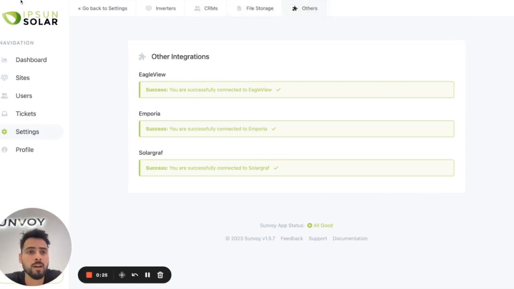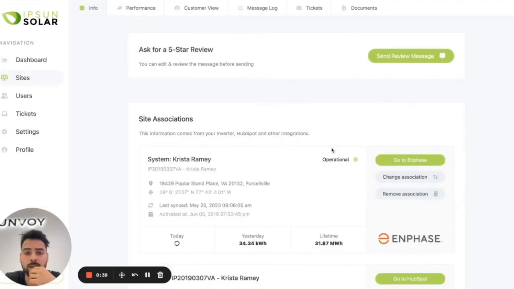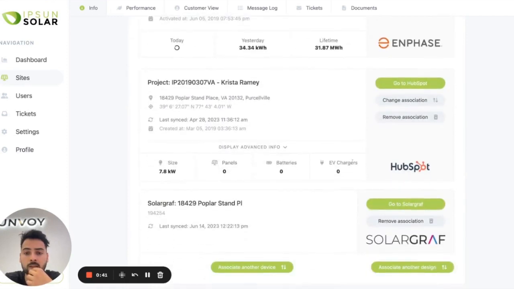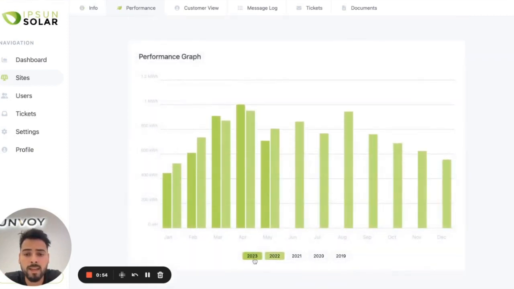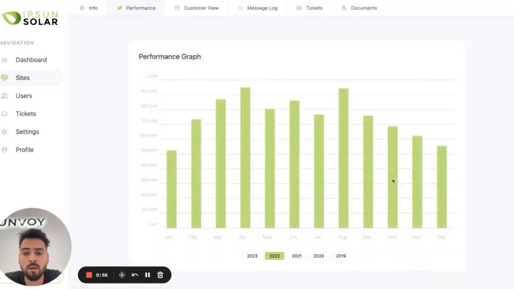projects. And if I go to a particular project, actually, so here we have a system from Enphase, we have a project from HubSpot, and it's now associated with a design in Solargraf. And what we do there, if there are multiple designs, we just pick the one that has been signed off by the customer. And if I go to performance, I can see the kilowatt production over the last year, for